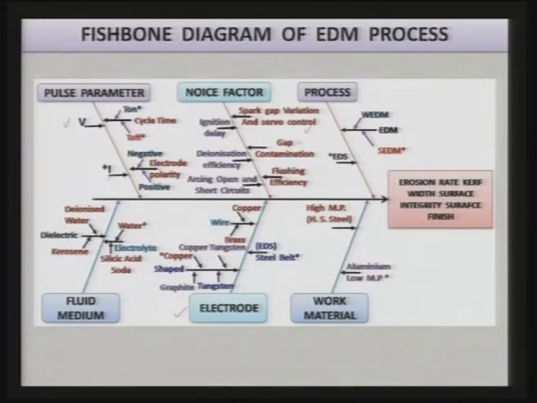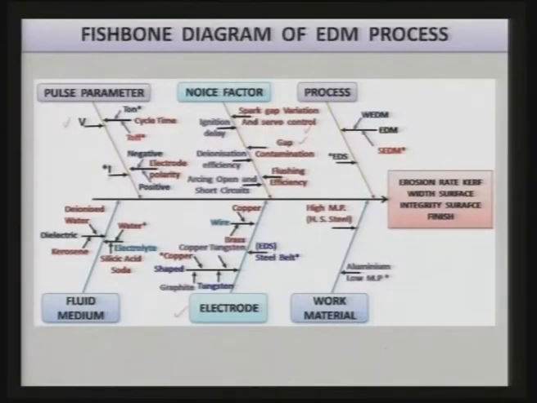Another important point that we have discussed is the gap contamination. Once the EDM process starts, you have the reaction products or the debris in the inter-electrode gap, you have the gases evolved during the EDM process due to the highly intensified heat generated in the localized area. So, the dielectric also vaporizes and you have all these gases over there, and once the breakdown voltage is reached, then you have the plasma column.